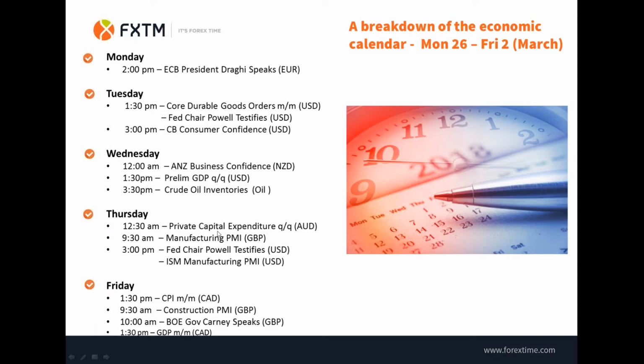On Thursday at 12:30 a.m. we have private capital expenditure in Australia. At 9:30 a.m. we have manufacturing PMI from the United Kingdom, which is very important. Of course, services PMI are quite important as well, which was released the week previous. But manufacturing PMI will show how the manufacturing sector has fared in the United Kingdom post-Brexit. Naturally, a soft figure will weaken the pound. A positive figure will strengthen the pound. At 3 p.m.,